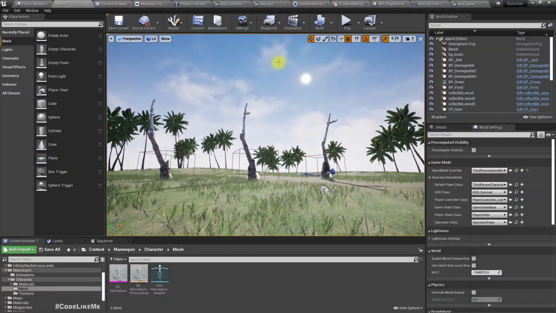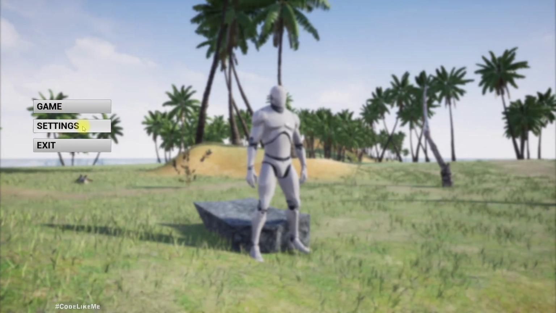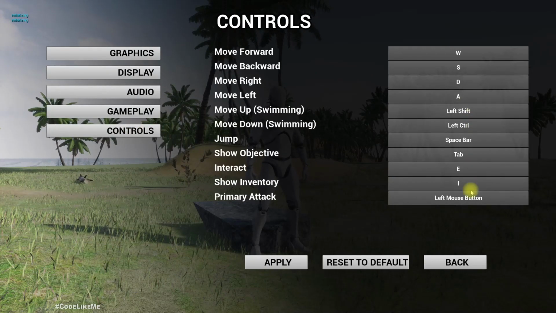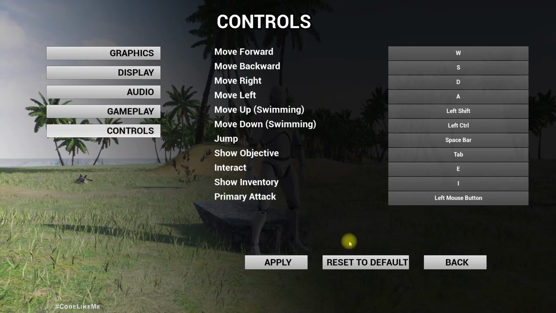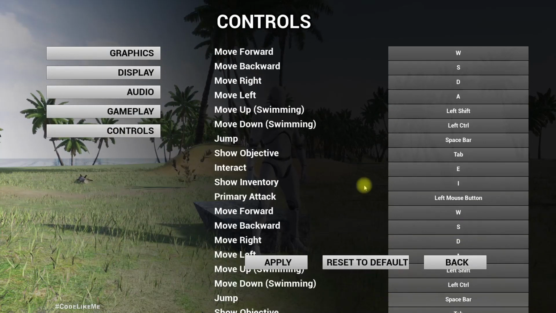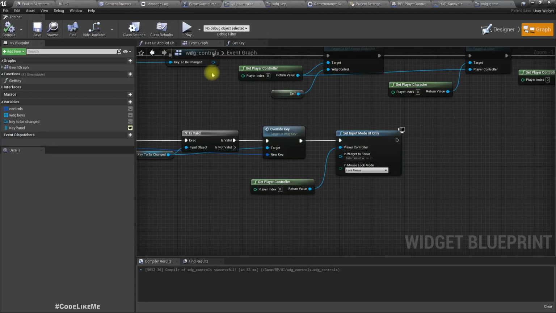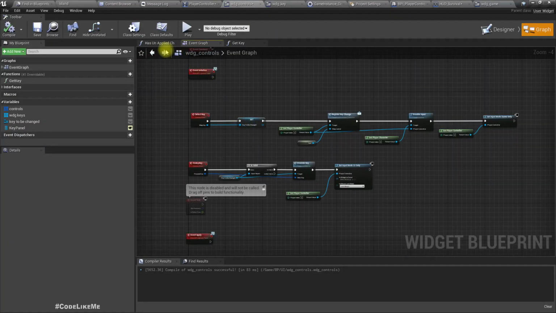Alright, and we have one more problem here. The problem is this. If I go to the controls, you can see these buttons. If I go back and go to controls again, or let's go back, settings, controls, you can see these are doubled. So to prevent that, what I have to do is,